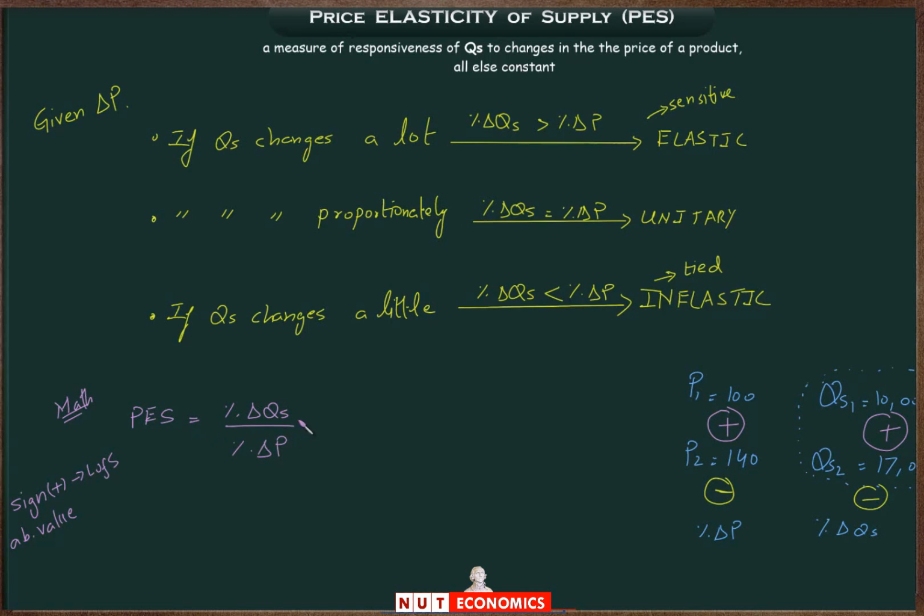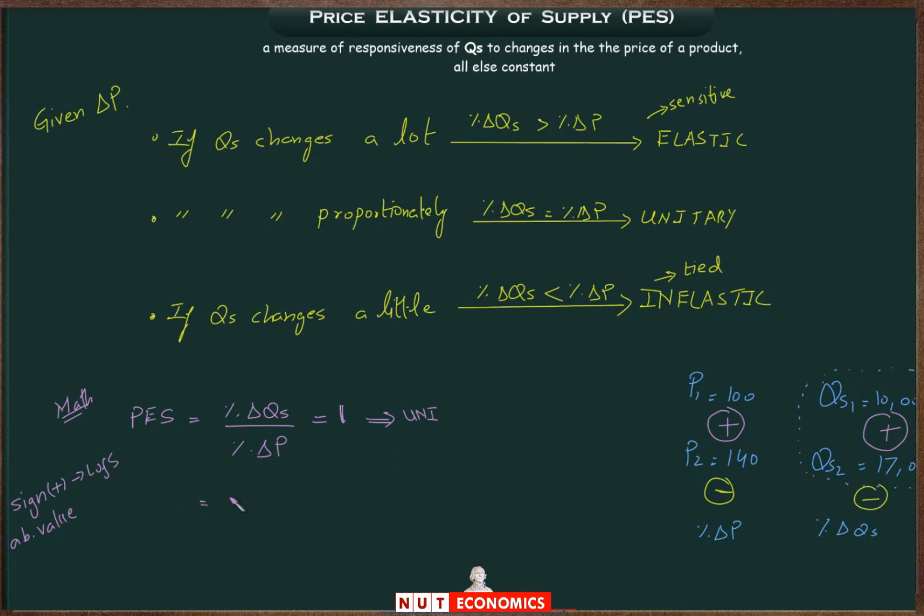Now, as far as the absolute value is concerned, again, we use the same concepts that we used when we studied the price elasticity of demand. That is, we start off by thinking about the first key value of price elasticity of supply, when it is equal to 1. Now again, we are dividing two numbers here. The answer can be equal to 1 only if we divide two same numbers. That is, if PES is equal to 1, then according to this formula, the percentage change in quantity supplied must be equal to the percentage change in price. So PES equal to 1 therefore tells us the supply must be unitary elastic.